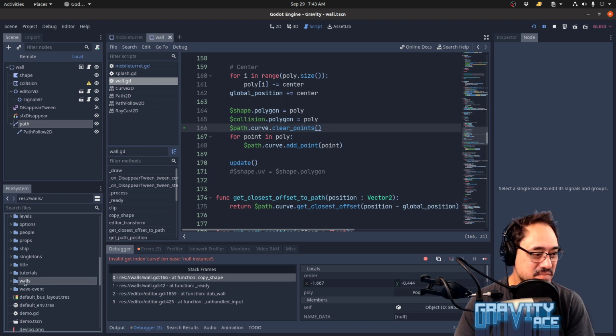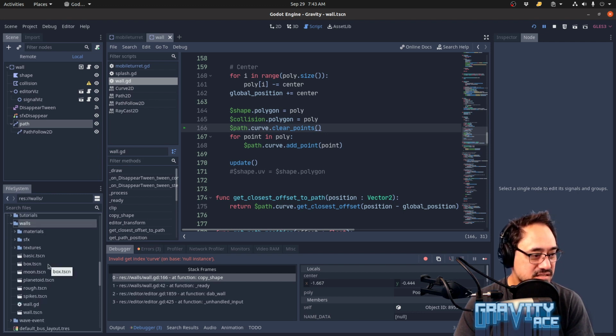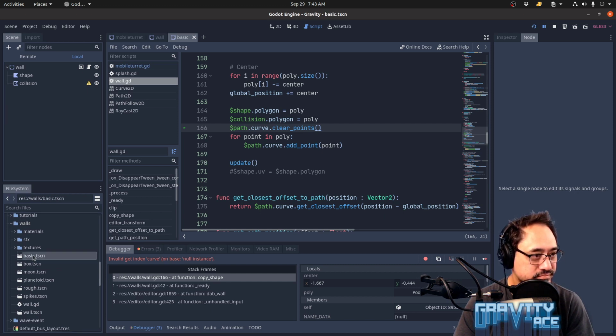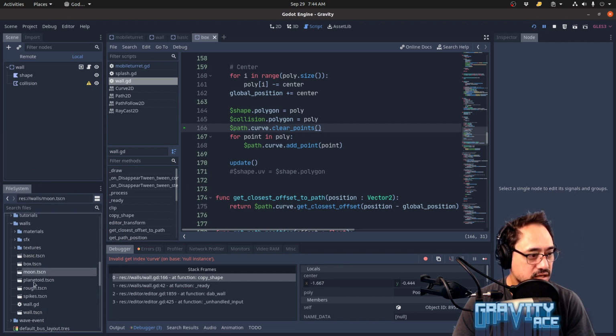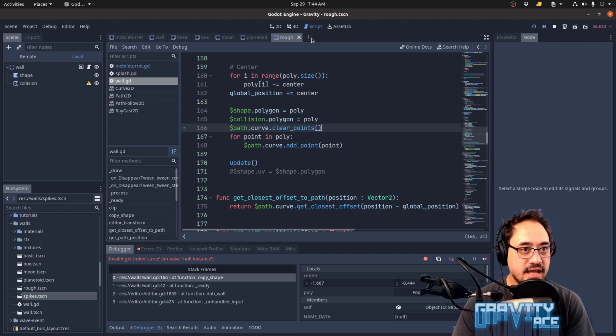I mean, maybe past me hates me. But it's because I've got my wall, but I've also got all these other shapes. So these things all get transformed into a wall at some point. But when you're just drawing them out, they're not yet. So rather than add all that stuff to these, I don't need to do that. I can just say